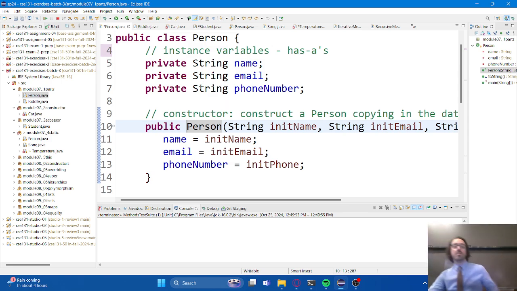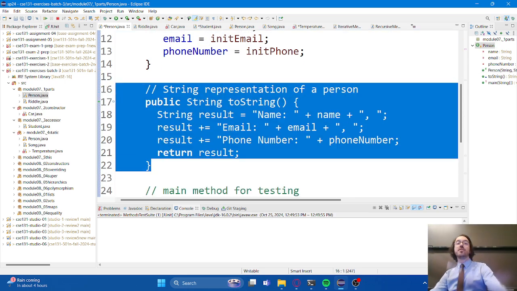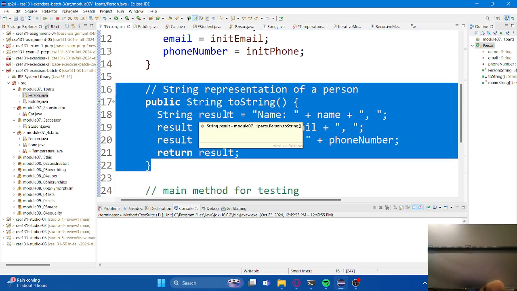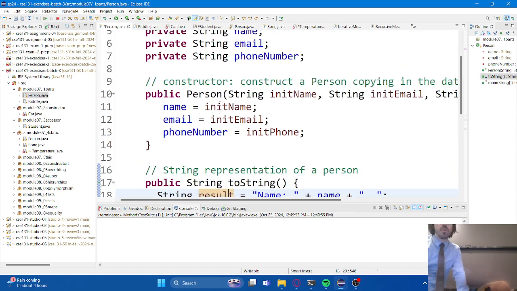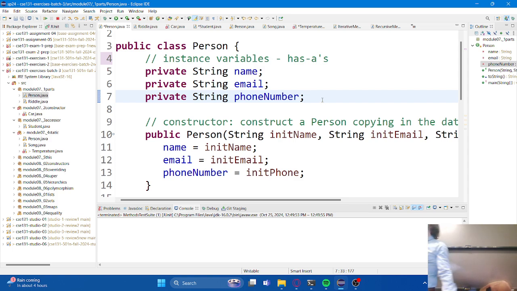Okay, and then down below the constructor, we actually see another method. In fact, there's no limit to how many methods we might find within a class. Practically, there is kind of an upper limit, right? We don't want our classes to become huge. So, you know, after a certain point, we're like, well, maybe we don't need to add any more stuff to this. But the computer's not going to stop you. The computer will let you put as many methods here as you want. Actually, the same thing's true for instance variables as well. You can have as many of them as you want, as many of them as you need.